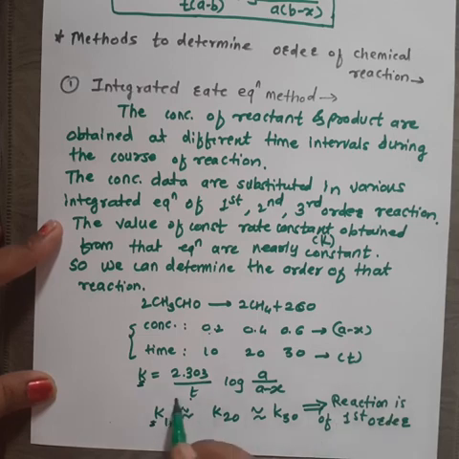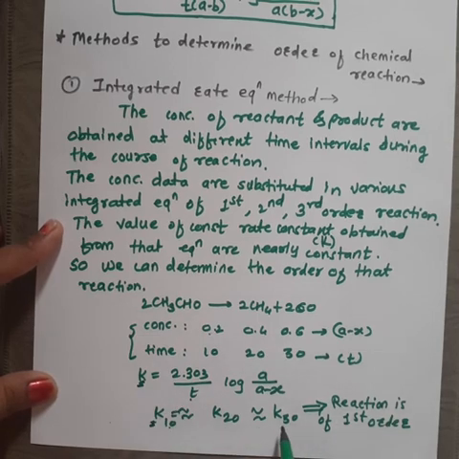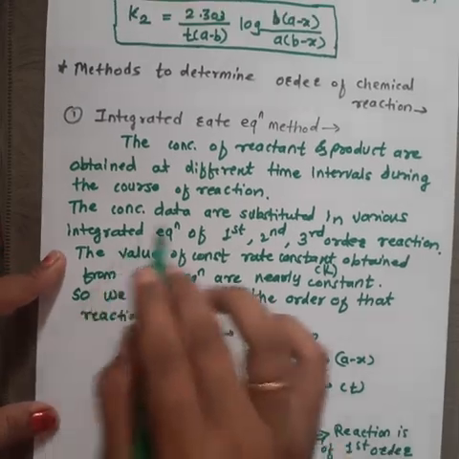So here if we consider the values for 10, 20 and 30 and calculate K10, K20 and K30, then we can say that the reaction is a first order reaction. So here in